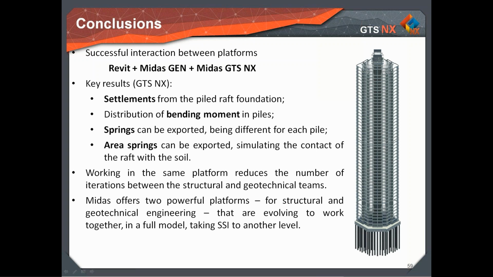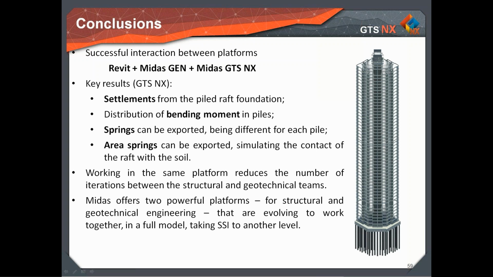This kind of information might be repeated, selecting the correct nodes and exporting the values of load and settlement. So dividing load by settlement, we have a spring. In the case of area springs, you might export the pressure and settlements and just divide pressure by settlement, then we get area springs. Normally, interaction between the geotechnical and structural teams is done by several iterations, starting with the